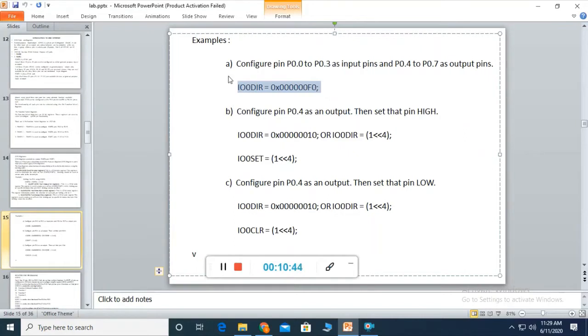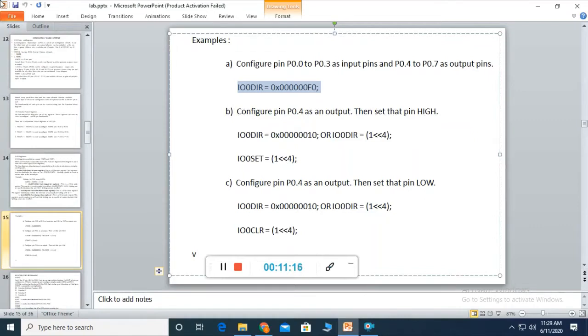It is used to decide whether a particular pin is to be used as an input pin or an output pin. If you want to select a pin as an output pin, you set the corresponding pins to 1, and if you want it to be input, you set it to 0. So with 1, the pin acts as an output pin, and with 0, the pin acts as an input pin.